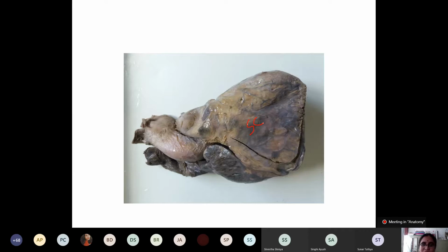Now here at this point where the blood vessel lies, identify the red arrow area, that is the anterior interventricular groove. Mention its content. What is the content, my dear student? The content is the anterior interventricular artery and great cardiac vein. And another arrow, here also we may ask, identify the arrow area, that is the atrioventricular sulcus or the coronary sulcus. Which part, my dear student? This is the right anterior part. What will be the content here? Right coronary artery.